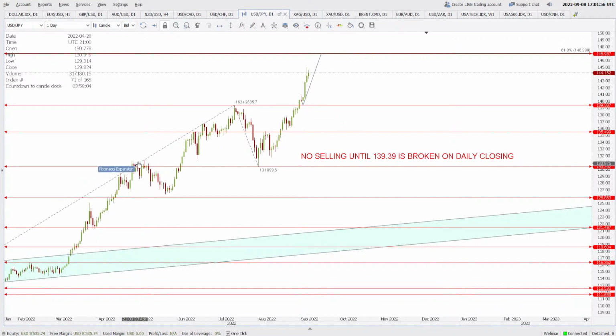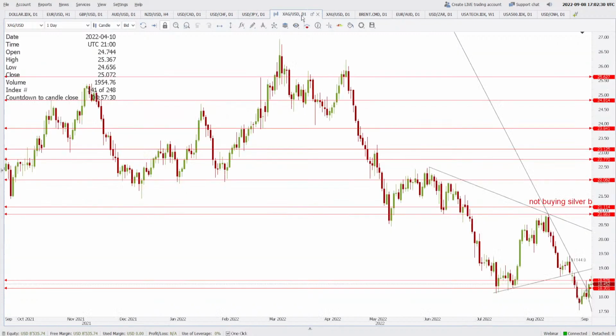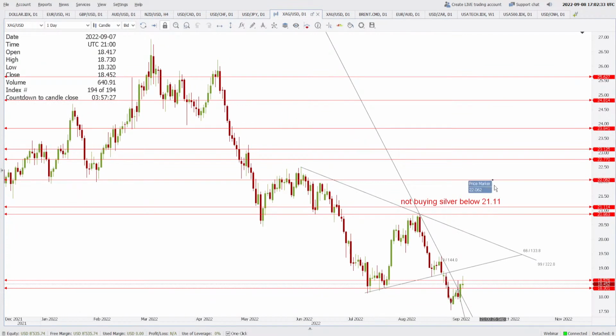146.98 is the target of this broken high after this Fibonacci extension that we have created, and there doesn't seem to be any sign that the bulls are ready to cover their positions, or that sellers are entering this market. So the US dollar is rising as if it is a straight ladder to the upside. There's no inclination, it's a straight ladder. So I think 146.98 is not very far for the US dollar. Where is the resistance? 146.98 is the resistance and 139.38 is the support. There's nothing that we can do about this pair, so just stay away from this one now. The bus has already been missed.